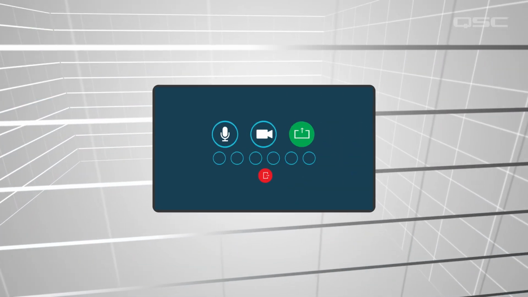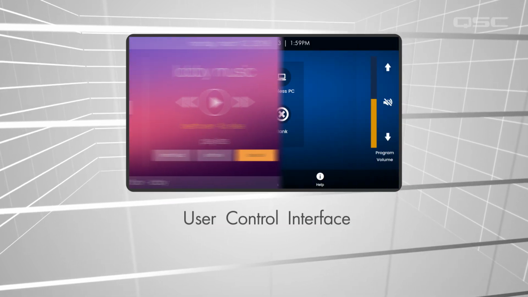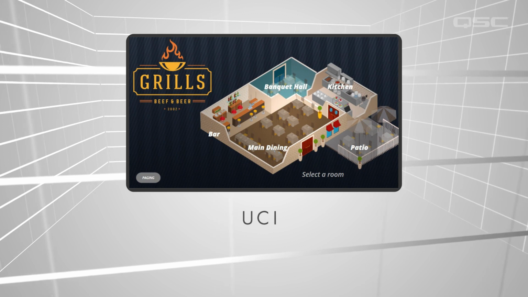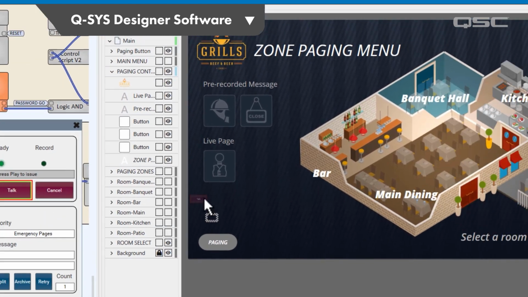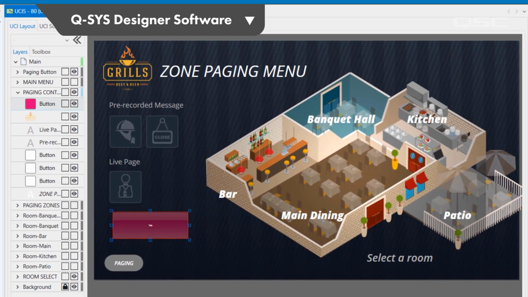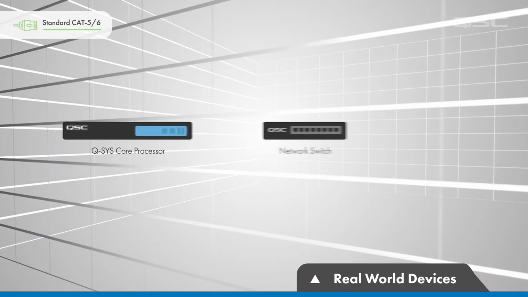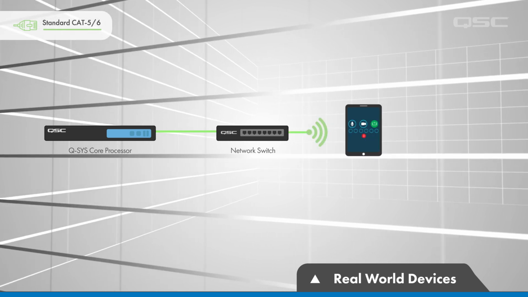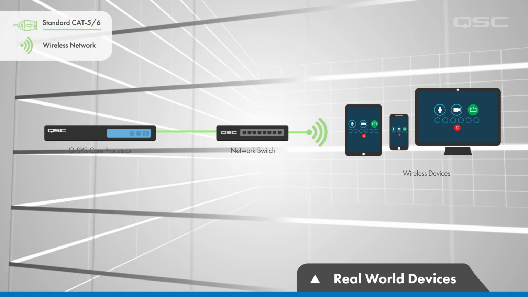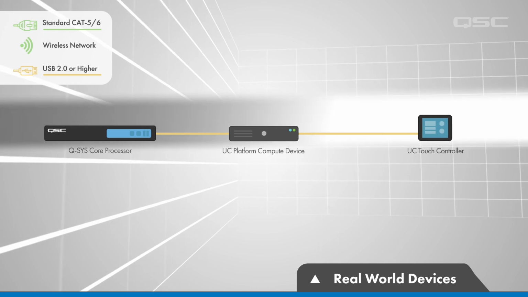Many installations will also require some degree of graphic interface to give the end user control of the system. This User Control Interface, or UCI, is also built within the QSys Designer software, largely by incorporating the controls found within the various components used in the design, and is fully customizable in appearance and in style. This UCI is traditionally delivered via a QSys touchscreen, which is another network peripheral device, but it may also be deployed to iPads, iPhones, smartphones, and PCs. You might even deliver your UCI through a dedicated in-room UC platform device.